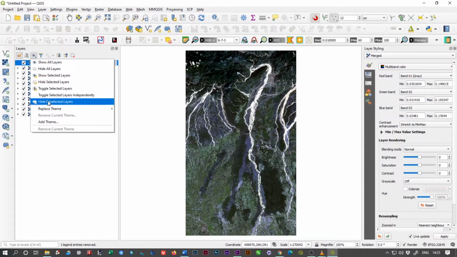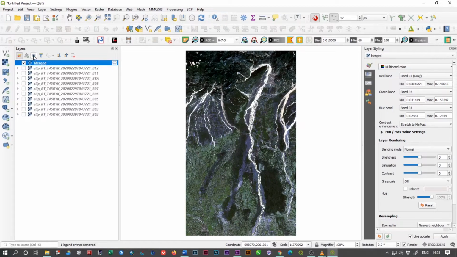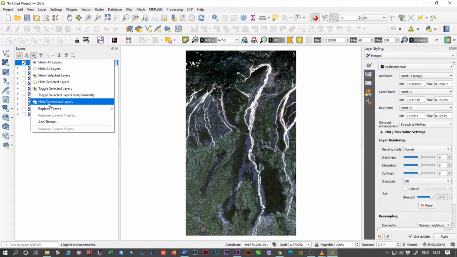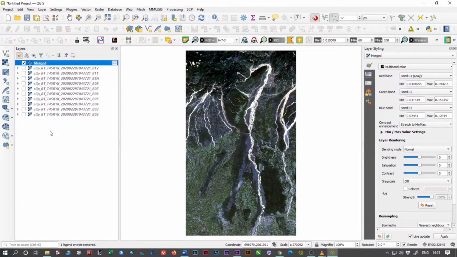We are going to hide all the deselected layers by clicking over the view window eye icon and selecting hide deselected layers. It will hide all the deselected layers. And as you can see, we have received our merged layer.